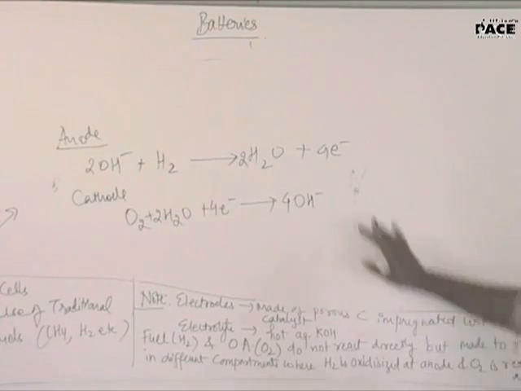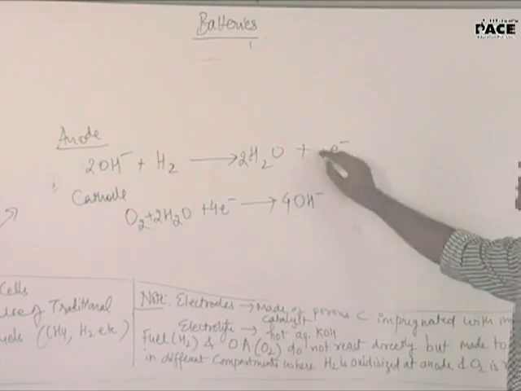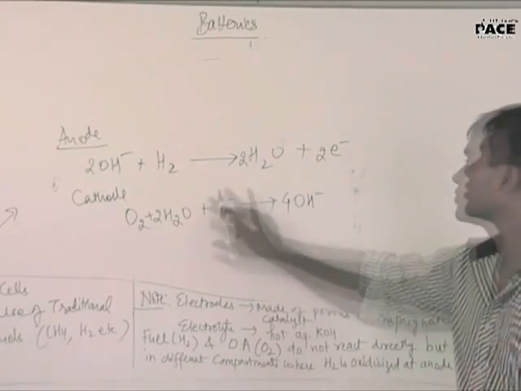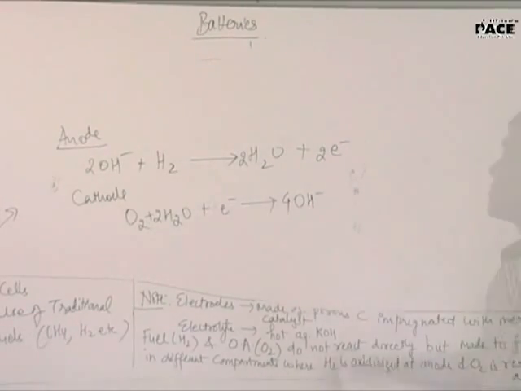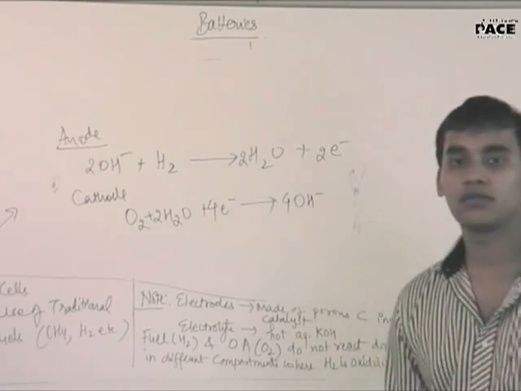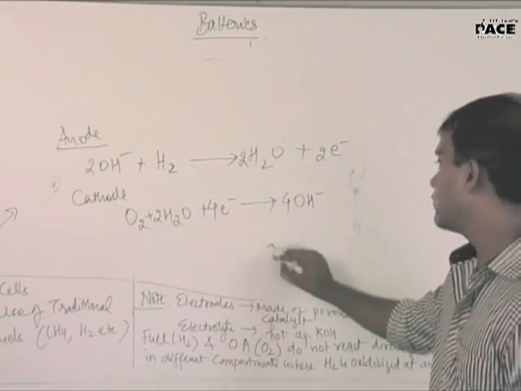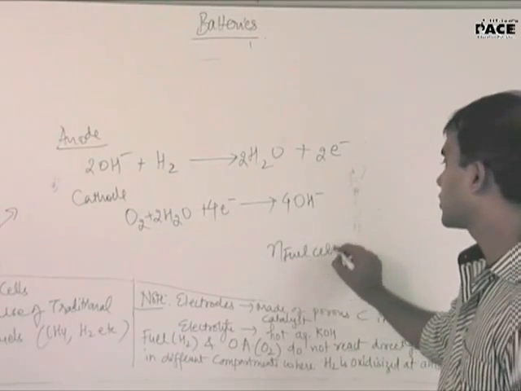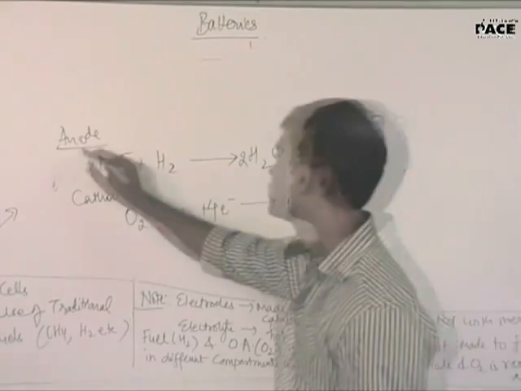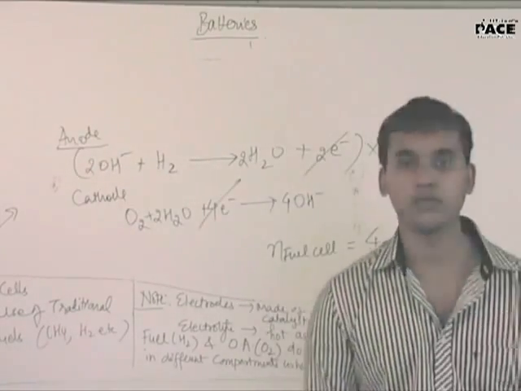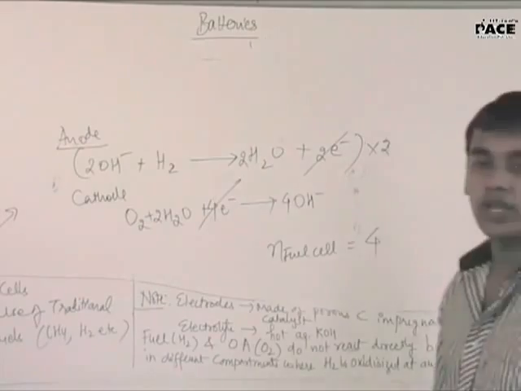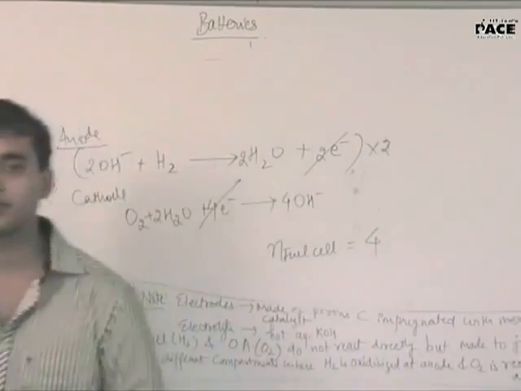Okay, you are saying so it should be plus 2. In this case also it should be 4OH minus. So this is balanced. So what will be the n in this fuel cell reaction? 4. If I say n for the fuel cell, it will be 4. Fine. Okay, so with this we come to the end of the first part of electrolysis.